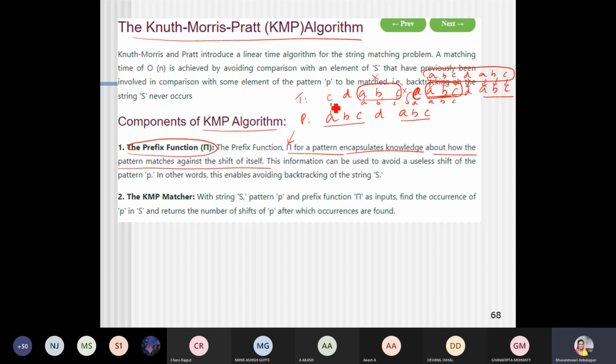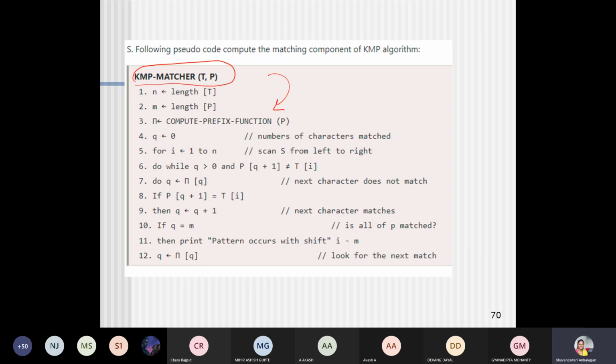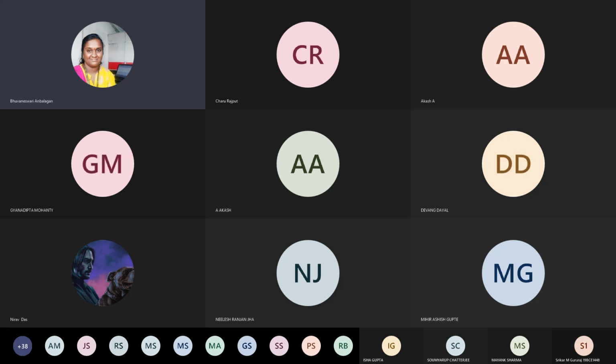If I start here, this will be unmatched, this will be unmatched. Like this, I would have to tell it one by one. Instead of that, I am just showing this algorithm. You can just go through that. Okay, the next algorithm is, I'll just go to the next algorithm.